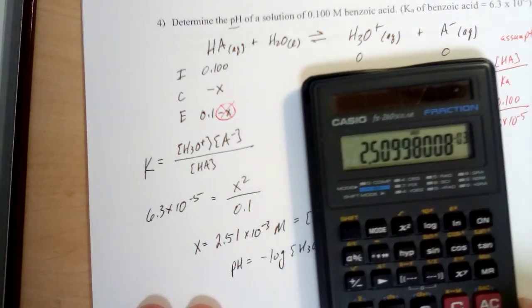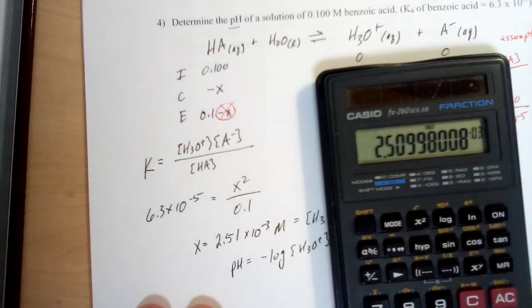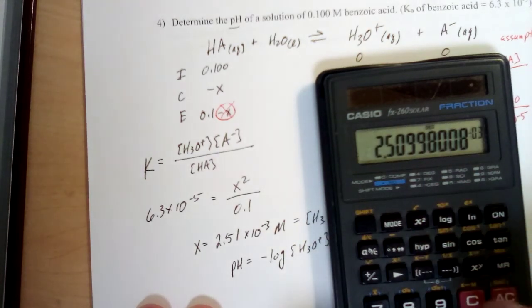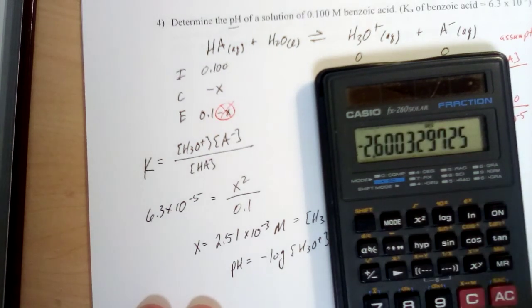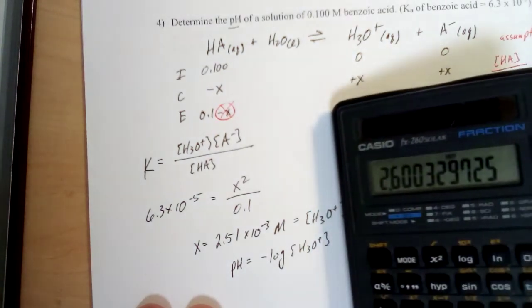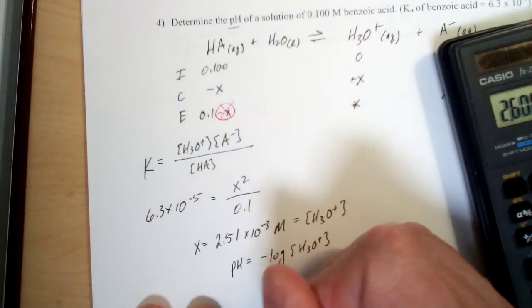So that's in my calculator. In this calculator, I can take that value and just hit the log button. So base 10 log, right? And then change the sign, and my pH is